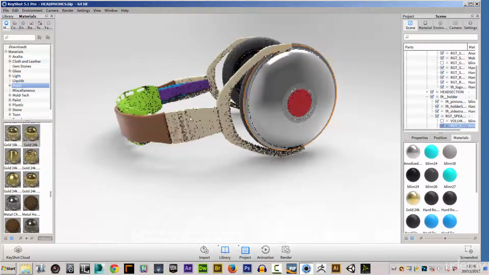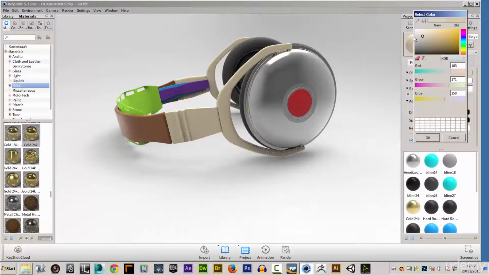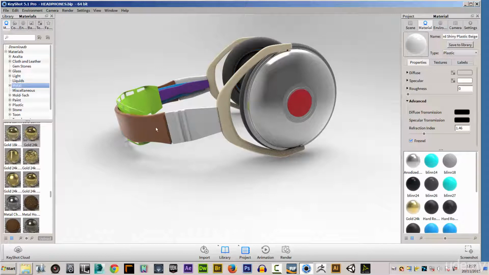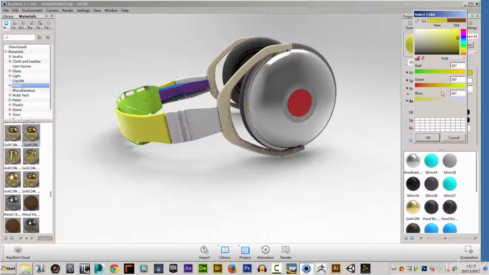I'm just going to sort of change these now. So I'm going to just double click on this to get the material up, and I'm going to select the material I want. Now I want it to be a kind of white plastic, so I'm just going to select this, and I want there to be a slight difference between this material and this material, but them to be basically the same. So I know my number is 167 here on the grayscale, so I'm going to click OK. I'm now going to double click this piece, and again we're going to just put in here 167. If you want, you can just copy this, Control C, and you can Control V there,